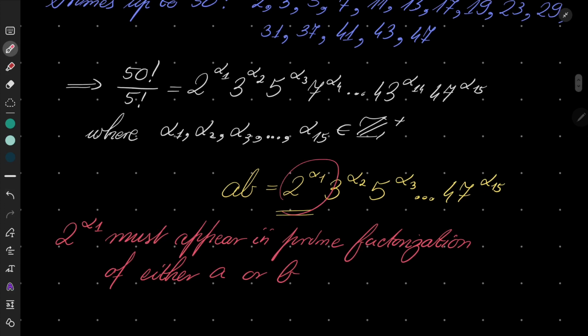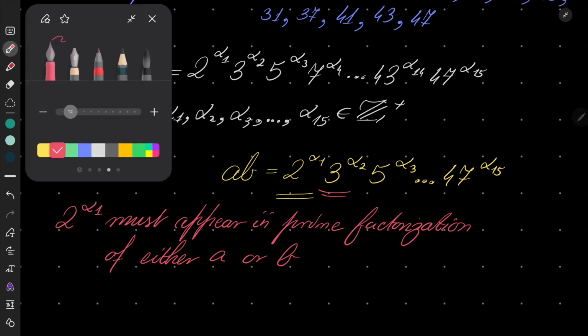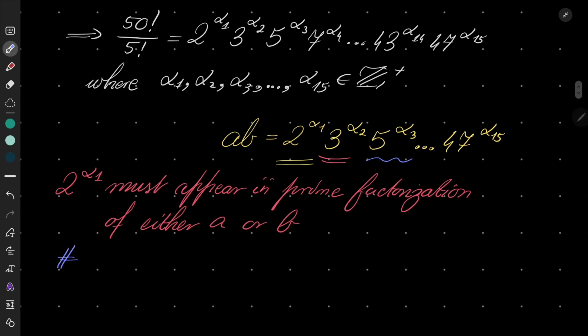This number can either go to A or to B. The same happens here. 3 to the power of alpha 2 must appear in the prime factorization of either A or B. Again, two ways to choose. And that repeats itself. This number 5 to the power alpha 3 also must appear either in A or in B. So all in all, the number of pairs A and B, which are positive integers, such that they are co-prime,